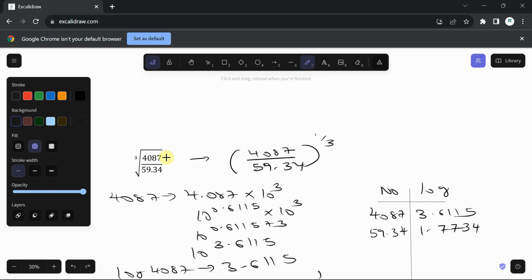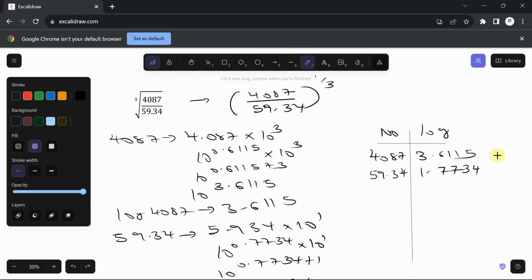Right, so what is joining both of them? What's joining them is division, so I'll subtract. Right, if I subtract 5 minus 4 is 1, I'll borrow 1 from here. So this is 11 minus 3, which is 8. 5, I'll borrow 1 from here. 10 minus 7, which is 3. 2, I'll borrow 1 from here. 15 minus 8 minus 7, which is 8. 2 minus 1, which is 1. Right, so I have 1.8381